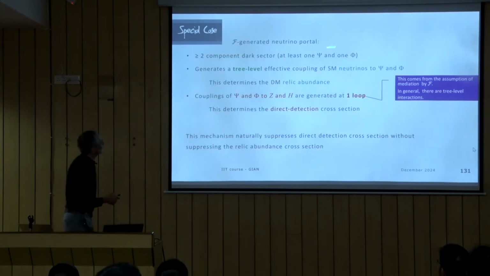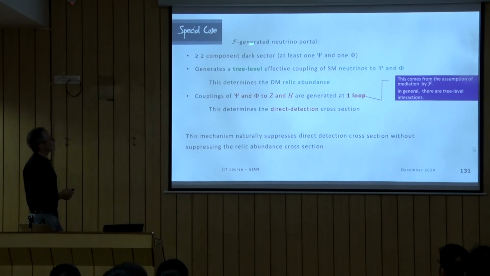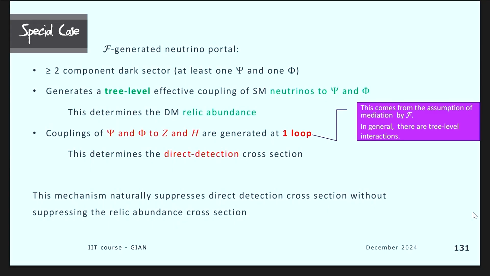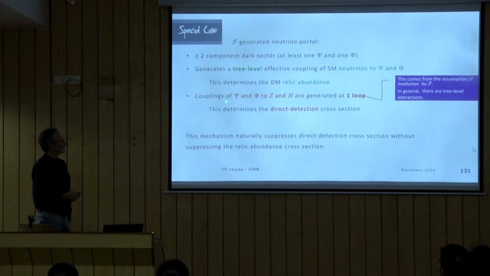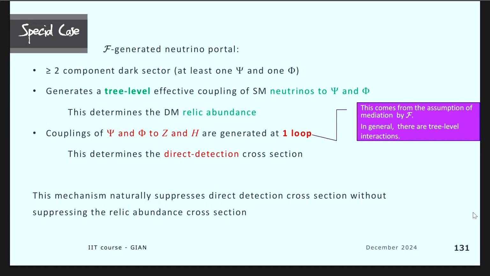Okay, so I'm going to assume that the mediator is a fermion. I'm going to assume that there are two components in this, at least in the dark sector, one fermion and one scalar. So I can construct this, and therefore you have a tree-level coupling generated by this guy between the standard model neutrinos and the dark sector. This coupling will determine the relic abundance. Now,